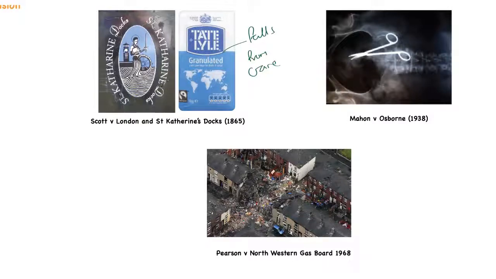So, the only people that had control of the crane were the dock. The sugar could not have fallen from the crane unless somebody had been negligent. And there was no other way that the claimant could have got injured. So why should the claimant have to prove that the dock was negligent? What should happen, and what did happen, is they use res ipsa, which means that the defendant has to prove that they were not negligent.